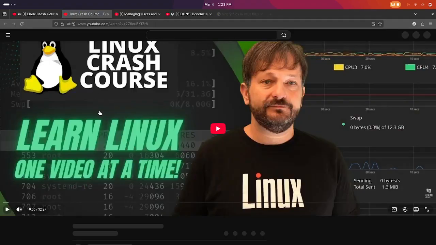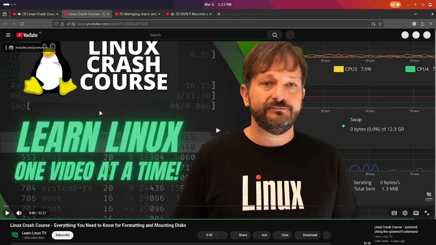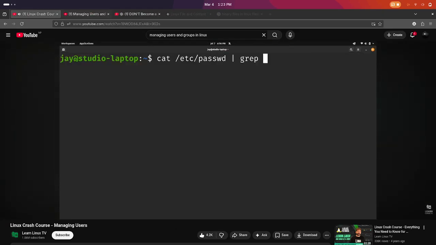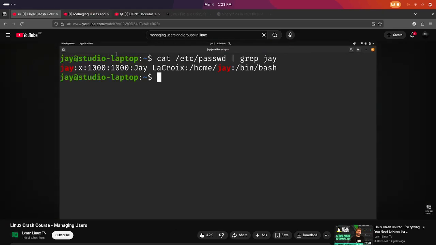Now, let's go ahead and take a look at the /etc/shadow file. Now, real quick, you'll recall that I mentioned that we have an X right here for most, if not all, the users, and that X refers to the fact that that user has a hashed password. It's almost always going to be the case. We really don't want to store the user's password in plain text in the /etc/passwd file. We would rather hash it and store it somewhere else. So if we take a look at the /etc/shadow file,